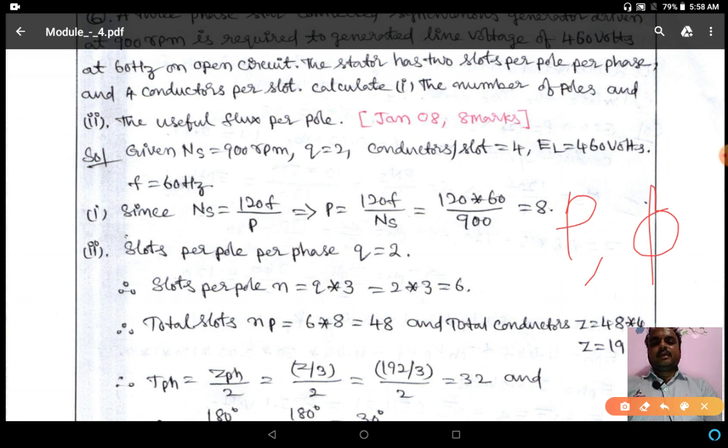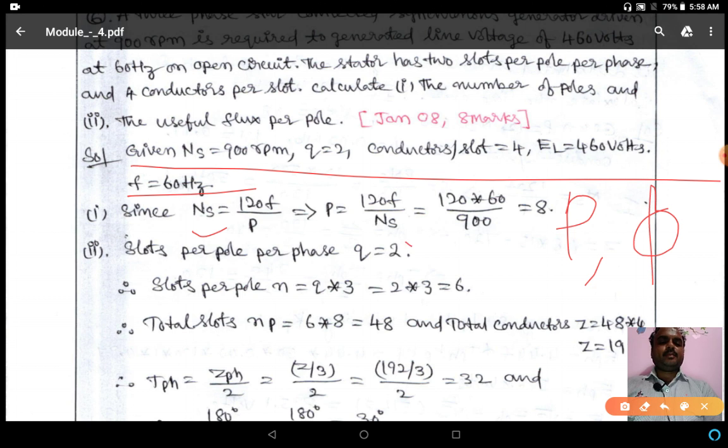So P value we will find out from Ns. So first you write the given data. These are the values given. Ns is equal to 120 f by P. P is equal to 8 you will get. So Q value is given, right? So number of slots per pole per phase is 2, right? So Q is equal to 2, N is equal to Q into 3, number of slots is equal to N into P. So 48 slots you will get,